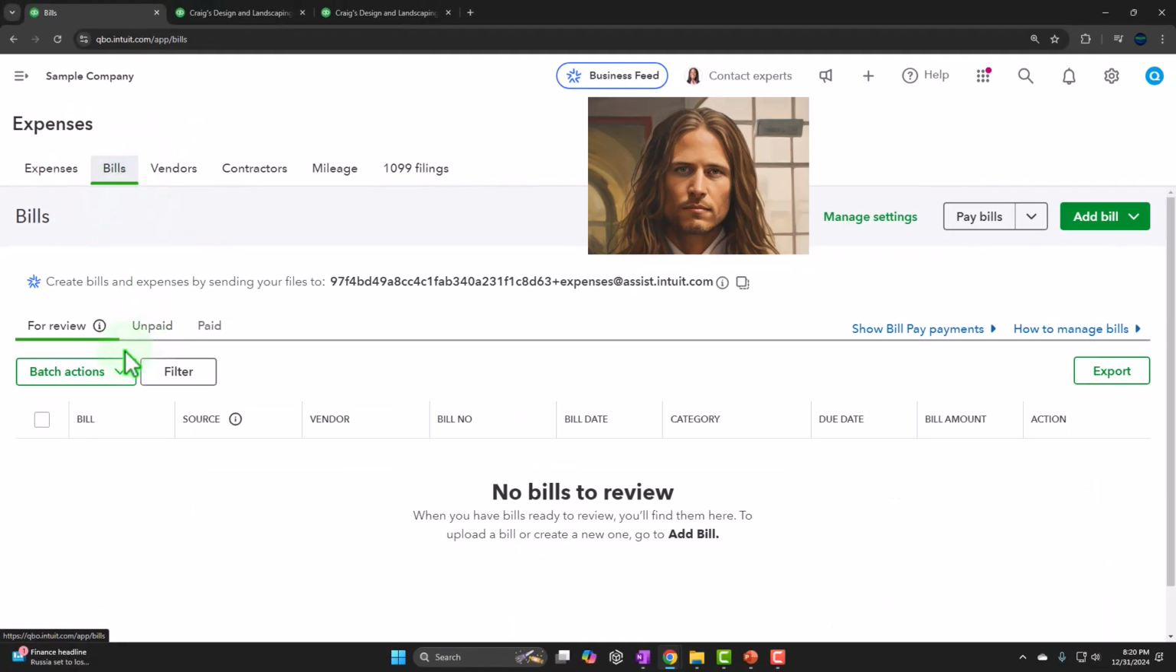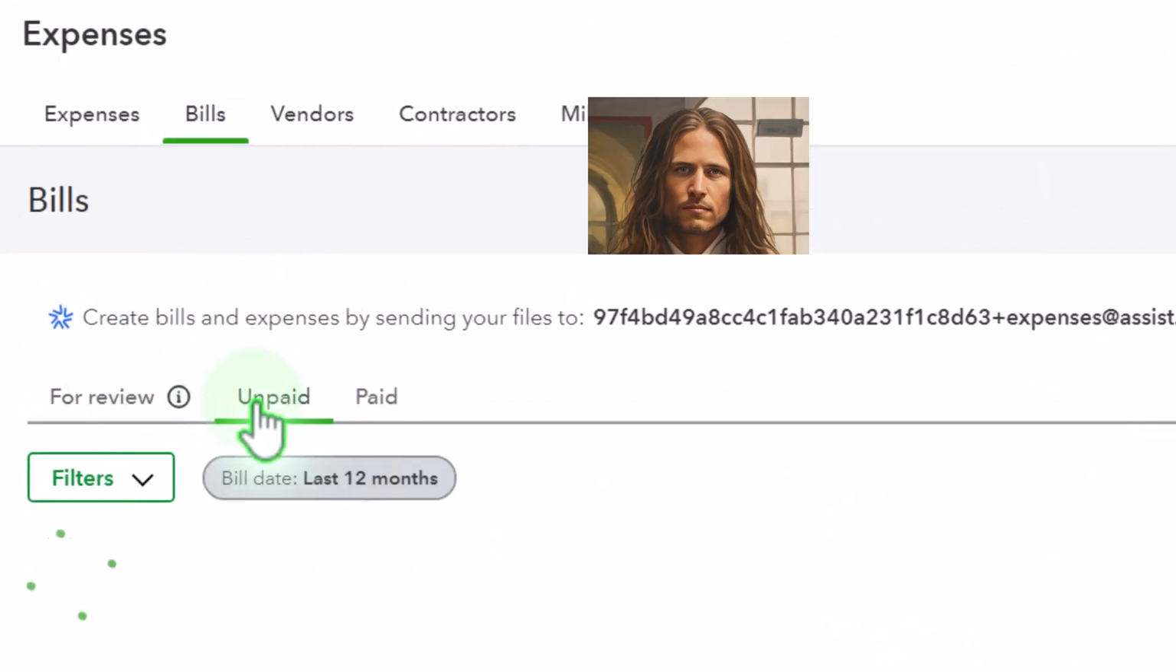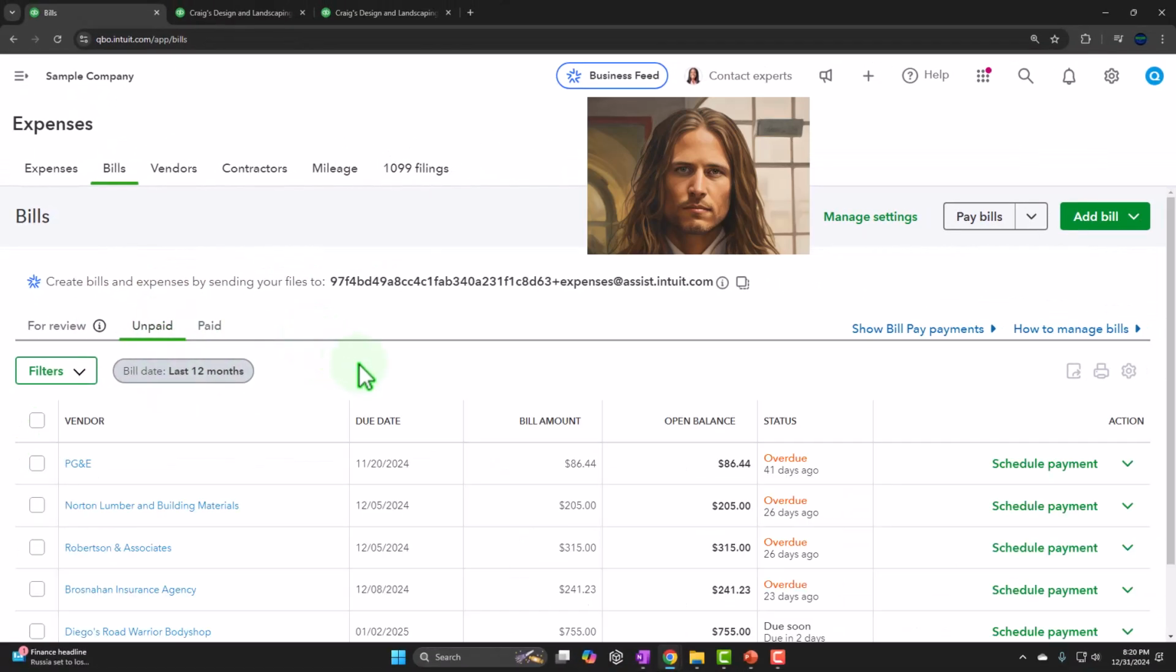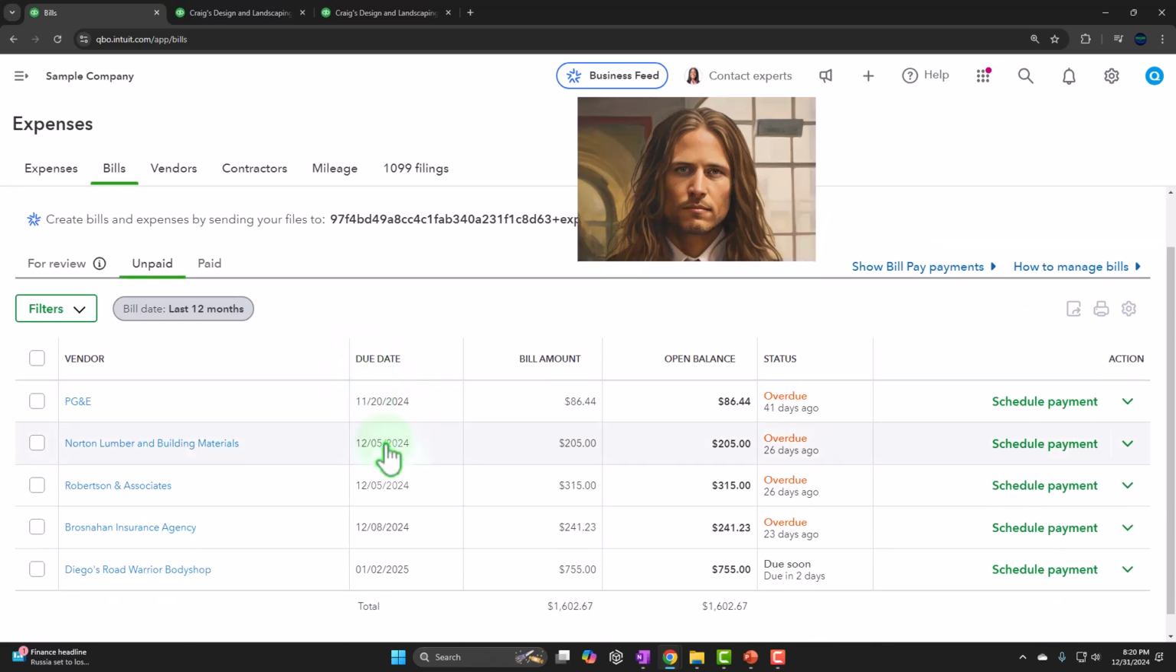All right, let's go to the bills. We've got the tabs up top on the bills. We've got the for review tab. We've got the unpaid, and then we've got the paid. So let's go to the unpaid. So the unpaid bills are the normal place that we would go, because these are the bills that we have